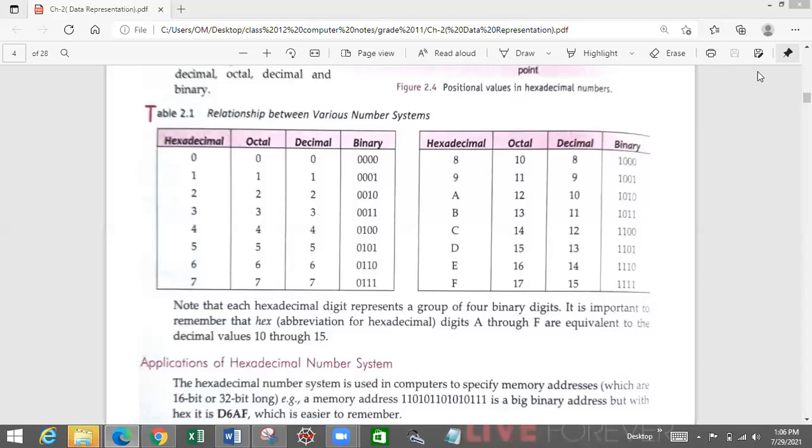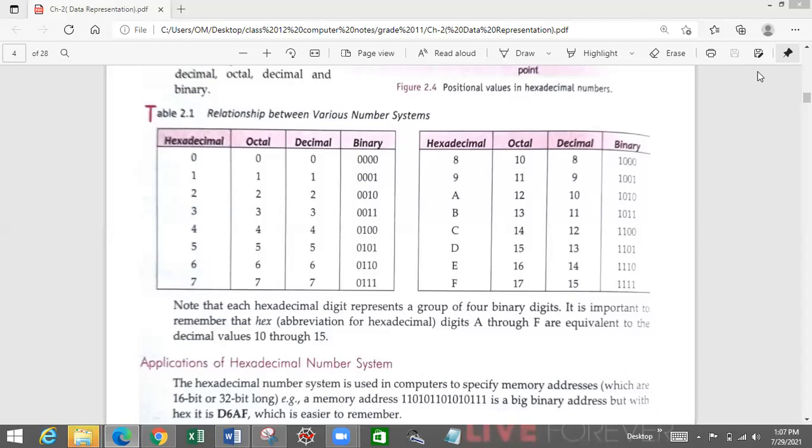So students, today we'll be moving further with the chapter and we'll be learning the opposite of what we did yesterday: how to change numbers into different number systems. Given a decimal number, how will we do that? But prior to that, we will see what the relationships are between different number systems. So all the numbers from 0 to F are listed here and their values are listed in different number systems.